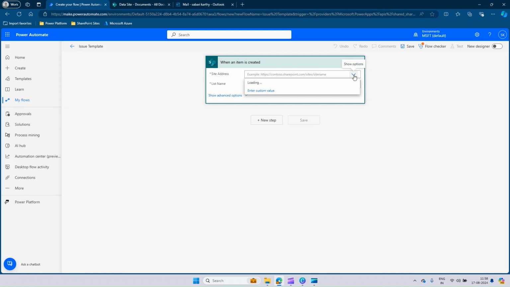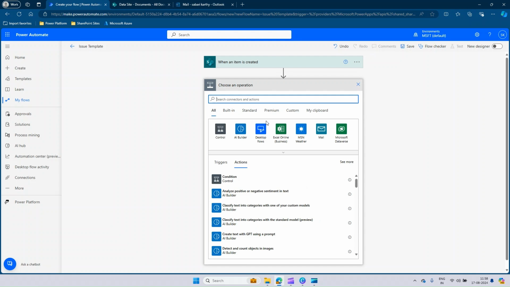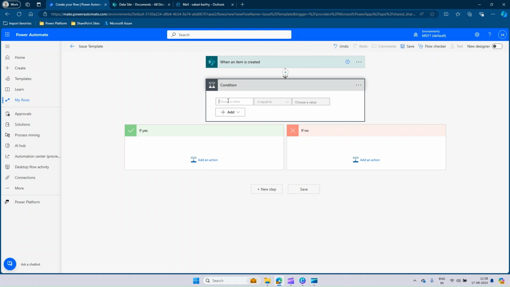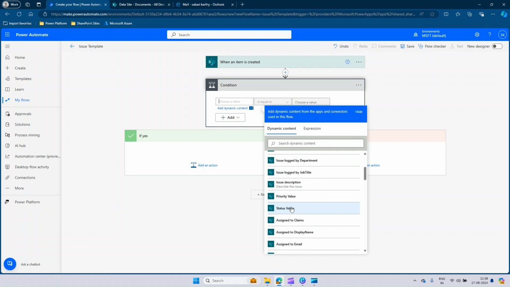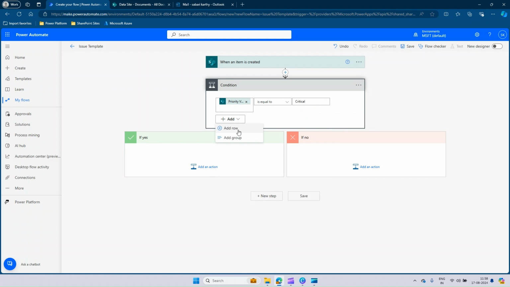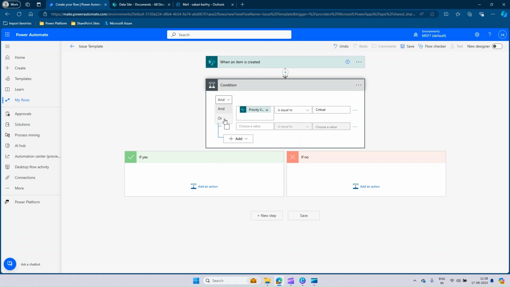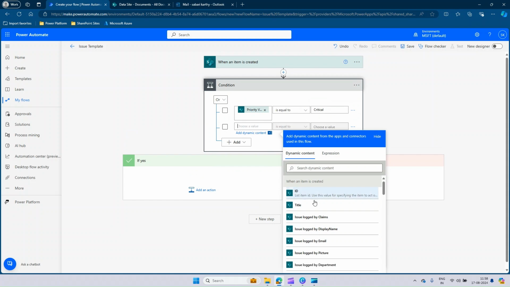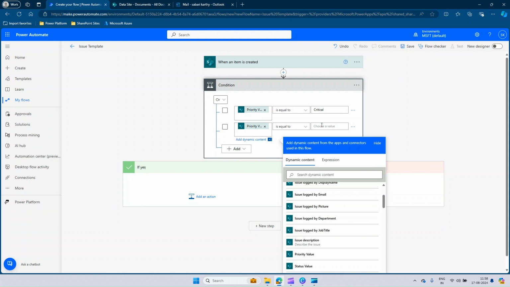So fill in the site name as data site, and the list we're going to use here is incident tracker. As a first step, we need to check if the issue that is getting recorded is of priority critical or high. So let's have a condition, and in the condition we check the issue priority. The priority value is equal to critical, or we will add one more condition here with an or condition. So either the priority is critical or the priority value is high,